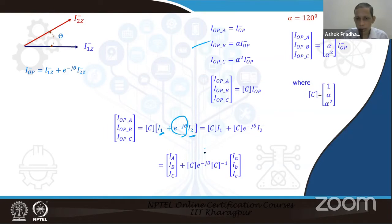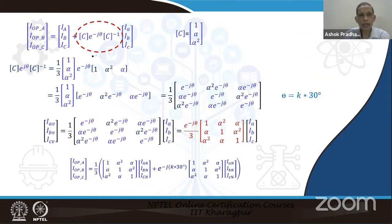And then you can say that this comes out to be a matrix like this, which will be multiplying to these phase A, phase B and phase C components on the low voltage side, and which will be compared with the high voltage side currents. So this factor comes here only when you consider the negative sequence current, no more positive sequence current available in the circuits. And if you go for analysis of this one, then you get a factor,